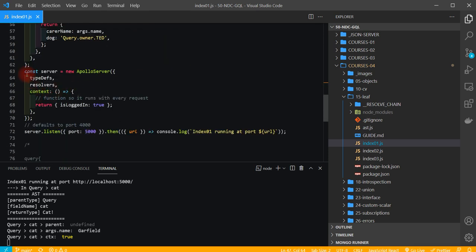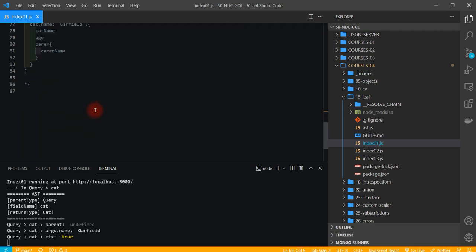So when we come in here, by defining context as a function, we can return something that will return on every request, hence it's a function rather than an object. And in this example, I'm just introducing the concept of is logged in true, something that'll be available. We could obviously do authentication outside here and pass in a property, but just to show now that when we come in and we actually see it, we can see that when we run our query, we can see that